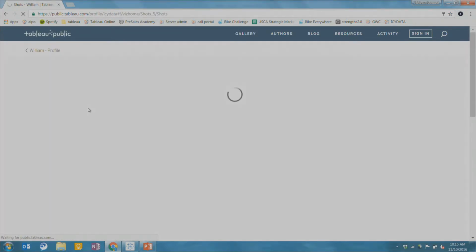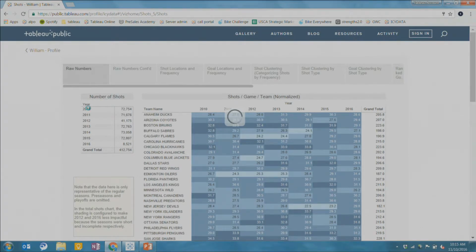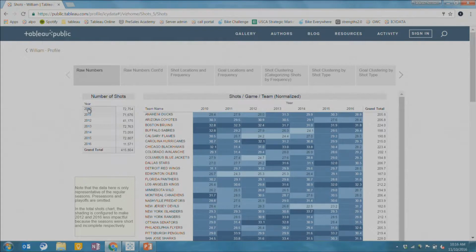So I had over 400,000 shots that I wanted to get into Google Sheets. And you can see I've got my number of shots on the left. And that'll actually update, I think. There we go. Yeah, it updated. So every 24 hours, I've got a script that updates my data in Google Sheets, and then the Google Sheets connector in Tableau Public will update my viz. And if I were to add another season, because of that wildcard, the Google Sheets connector will grab it and throw it in there. So I want to show you some of the discoveries I made looking at shot data.